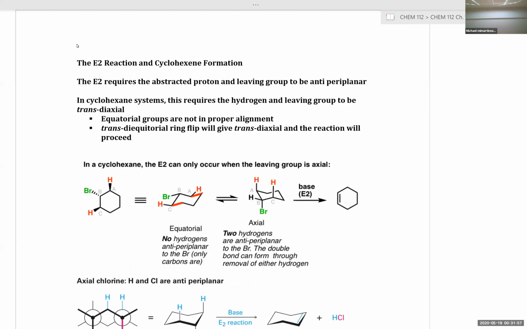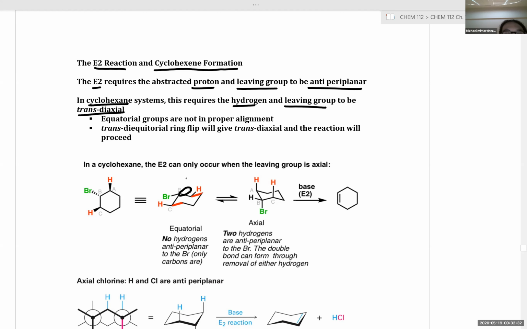With today's supplemental lecture, we're discussing another subtlety of the E2 reaction, and specifically looking at cyclohexene formation. So the E2 reaction requires the proton and the leaving group to be anti-periplanar. Now, in cyclohexane systems, this requires the hydrogen and leaving group to be trans-diaxial. So if we look at our equatorial groups for a moment, and